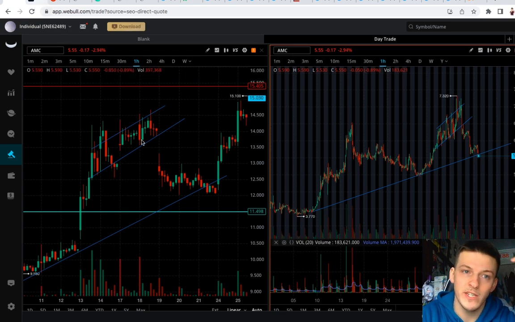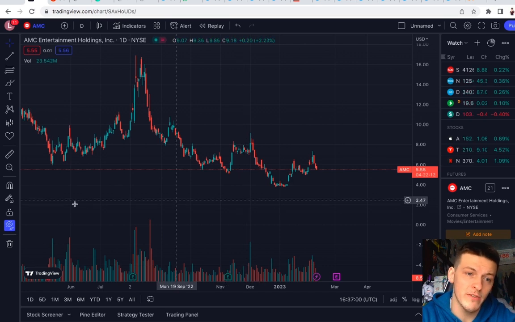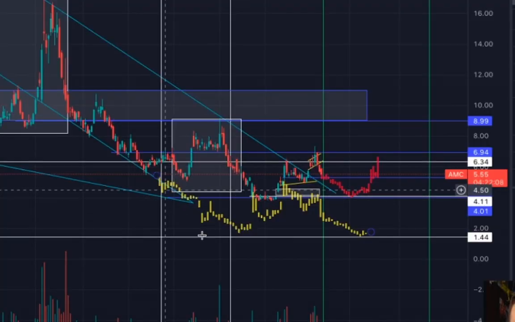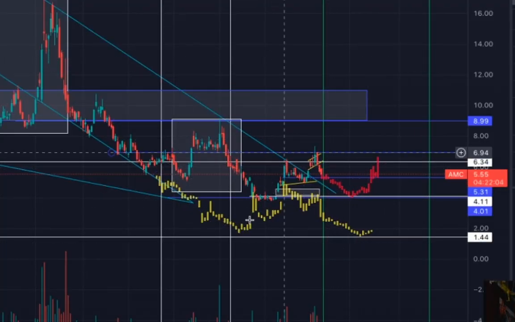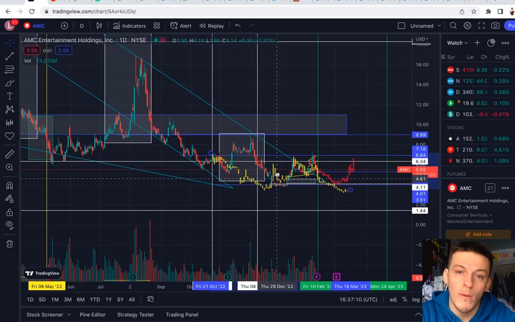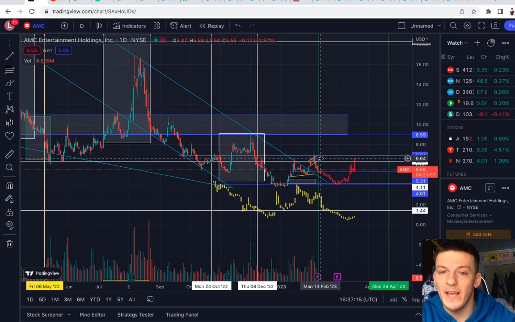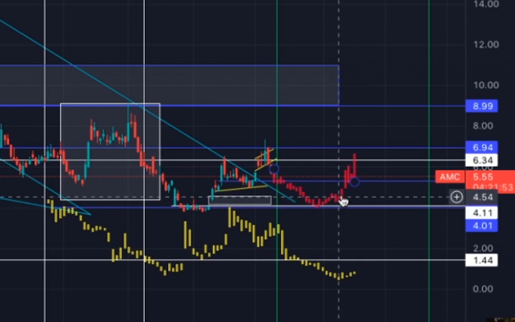However, there is a very scary case scenario going forward. One thing I want to prep you for is that the bearish case scenario is still bullish in the medium term, but short term, not looking good. Now, the cycle that we have in the yellow is the exact same cycle that played out back in January. It matches the chart almost perfectly to how AMC is trading. With that being said, you could see AMC start to scale down back to the recent lows at around $3.95 before ultimately scaling back up and getting that rip.